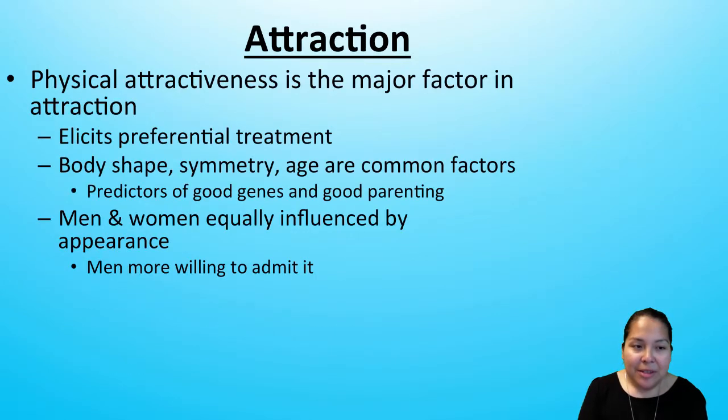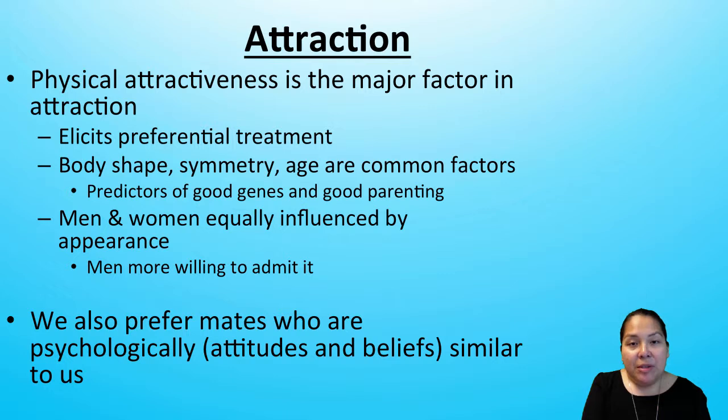So physical attraction is the major dominant factor in influencing your attraction to another individual. We see this across both men and women, though men are more apt to admit it. Physical attractiveness may include providing preferential treatment to someone who may be around the same age as you are, that holds similar beliefs and values as you do, has the right body shape, whatever that is, and has facial symmetry. So evolutionarily speaking, these traits of physical attractiveness were seen as good predictors of genes and for reproductive